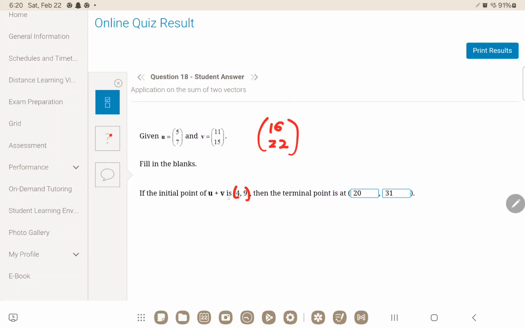Now we take points 4 and 9. To 4 you add 16, and to 9 you add 22. 16 plus 4 is 20, 22 plus 9 is 31. And that's it. Vectors are the easiest thing when it comes down to things like this, but they're the most confusing thing when it comes down to questions like question 3. Anyways,